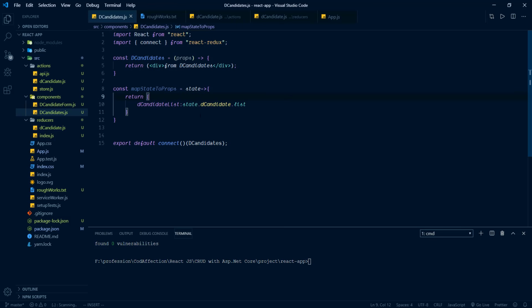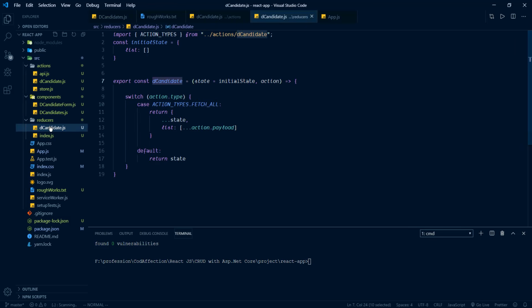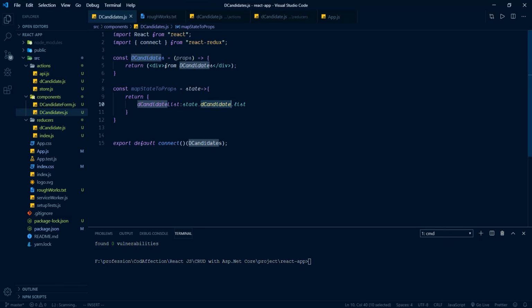Let me explain how this works. We have stored this list inside the reducer dCandidate here. We have passed this list into the store here. So the list will be stored inside the Redux store inside an object with the name dCandidate. So that is why we are accessing that list from this dCandidate here. This is the name of the reducer where we have created this list. Okay, so we have mapped this list into this key property dCandidateList. I will tell you how it works. For now, you can